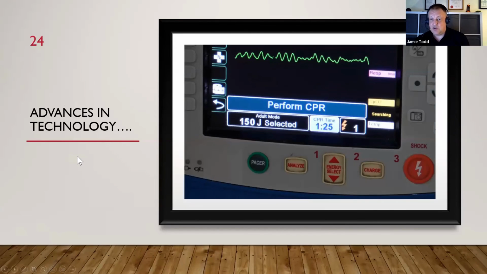Now if you look at some of the newer machines, most of my experience sits around using the Zoll series. You've got CPR feedback. If you've got the CPR pucks on, you've got see-through CPR. It doesn't work in every patient. Where it does work, it works really well when the puck's directly located and actually filters out the chest compression, so you can see the underlying rhythm. So you don't really need to stop to do a rhythm check because you can see what the underlying rhythm is, and you can see clearly if there's been a gross change in the rhythm, and then if you hit the analyze button, which you can see there, bottom center of the screen,